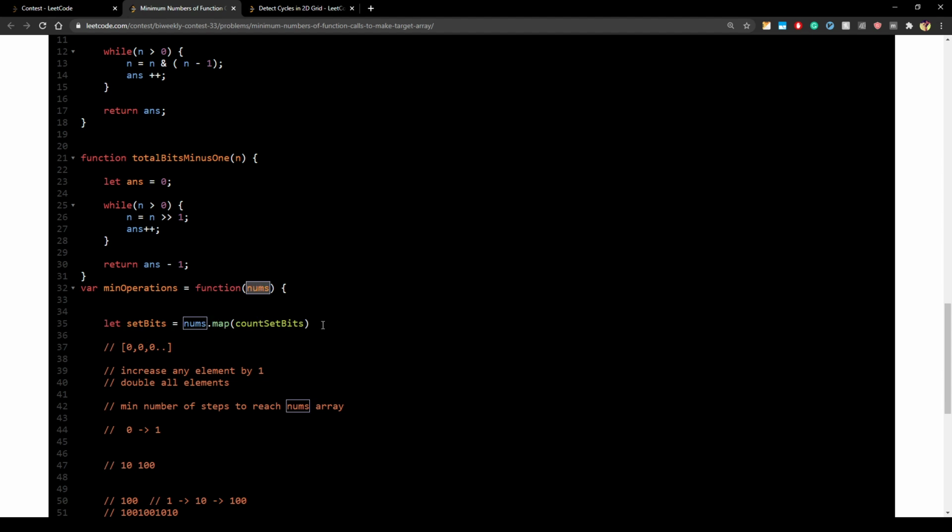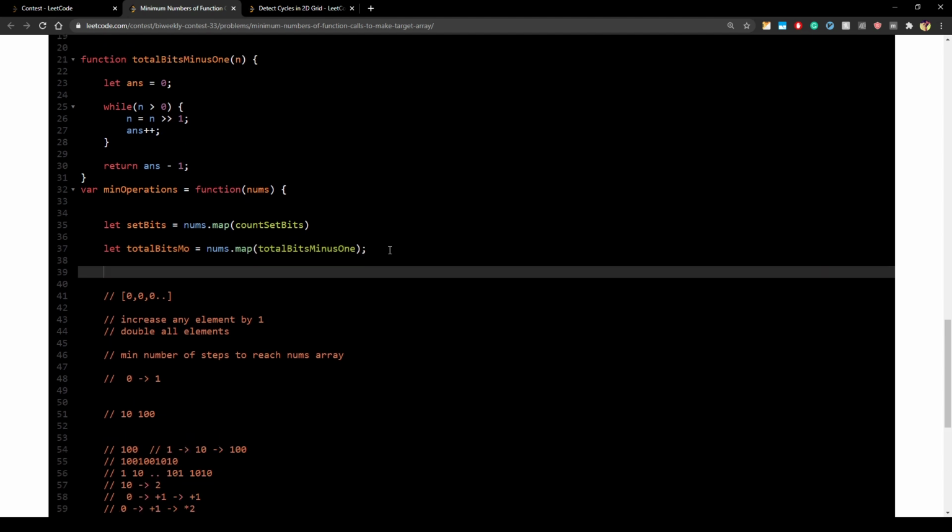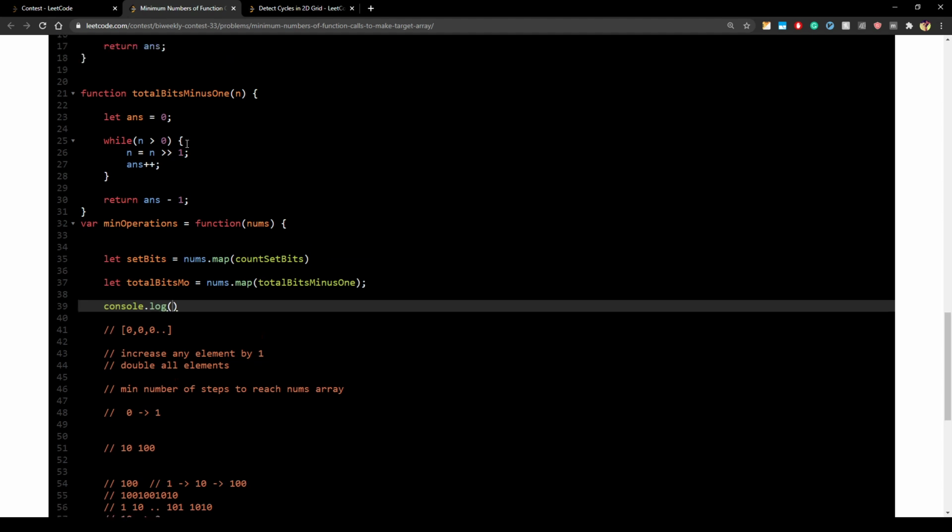So for example, we'll look at an example. -1, right? So I'll just give it this name. So let's look at what these functions are giving. It is JavaScript, but it will map each element to these functions.